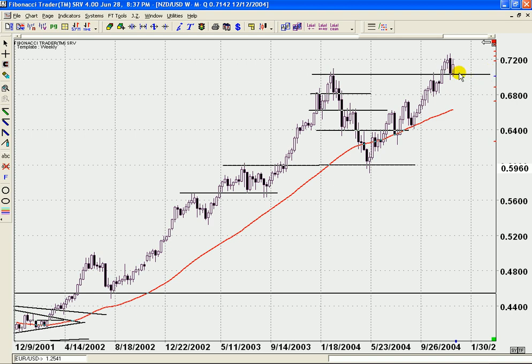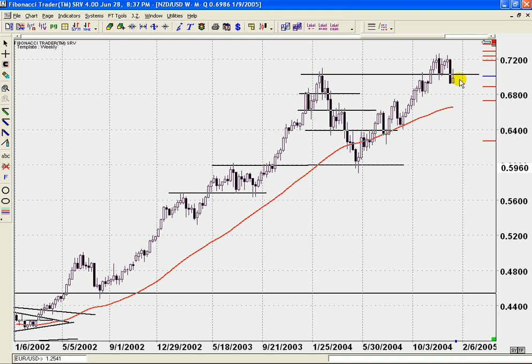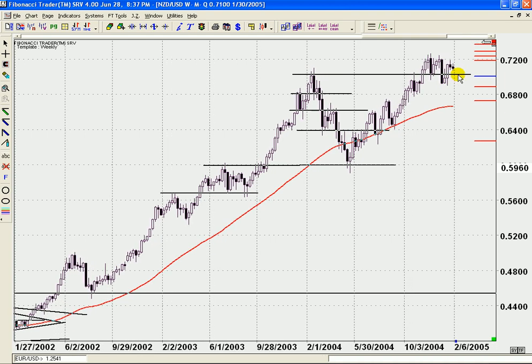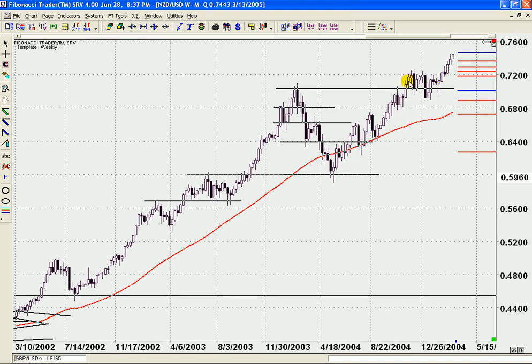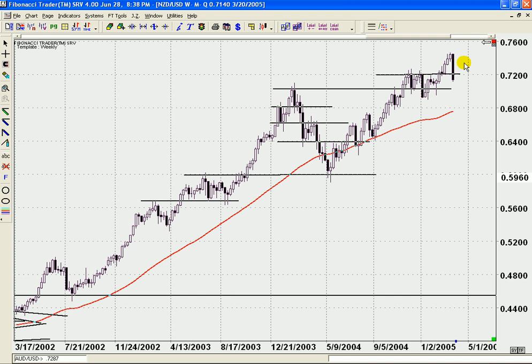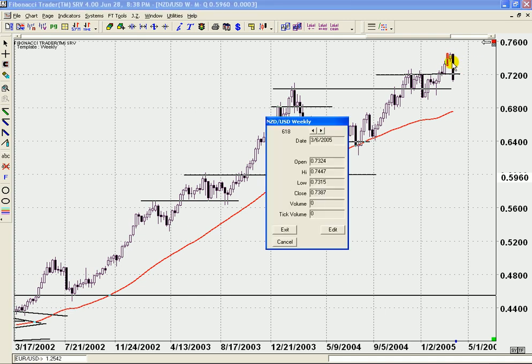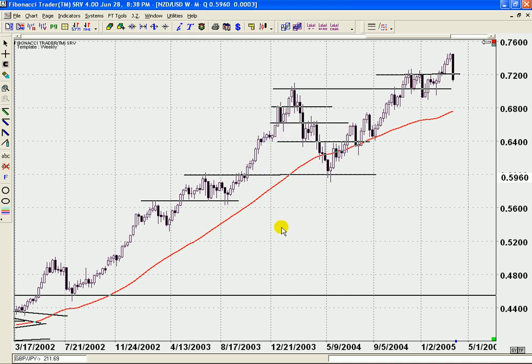Look where it's bouncing now. You see how the market clearly establishes its levels of resistance and support. So where are we at now? We're at a high of 74.47, and